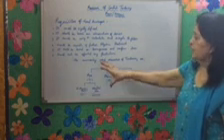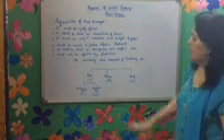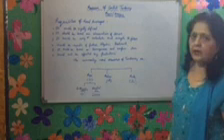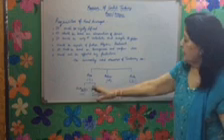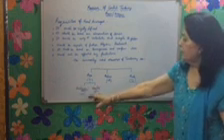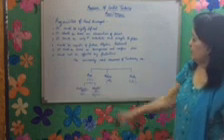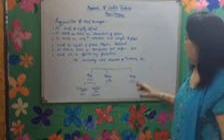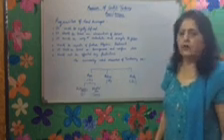Now we are going to discuss commonly used measures of central tendency. The commonly used measures of central tendency are mean, median and mode. Now mean is denoted by x bar. Further, it is divided into arithmetic mean denoted by x bar and weighted mean denoted by x bar w. Median is denoted by M. Mode is denoted by Z. What we are going to discuss in this video is mean.